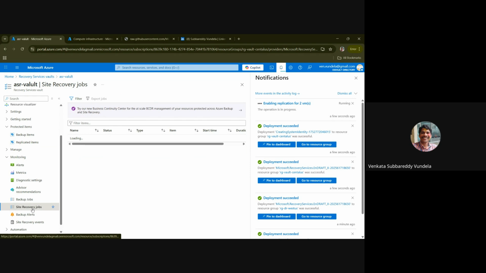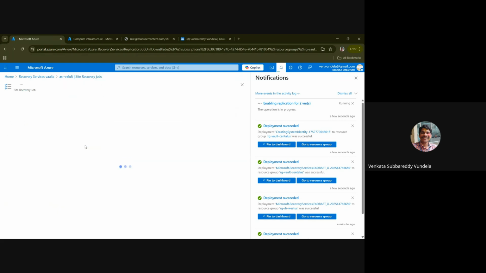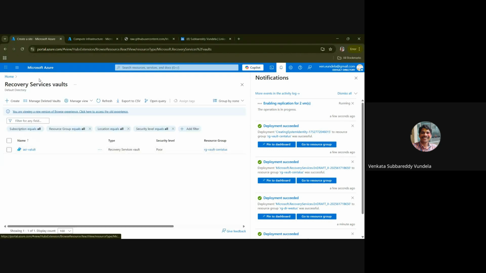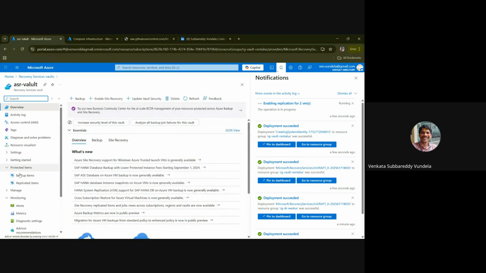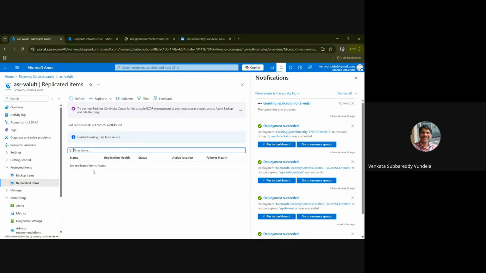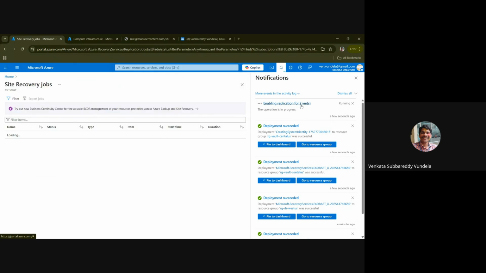Just look at the site recovery. Yes, you can see it's going to create now. It's in process; click it, the status is creation. Or we have another option: go to the monitoring. Yes, the recovery vault, replicated backup items. Or look at the individual virtual machine. It's still taking time. You can see the option enable replication. Click on this.